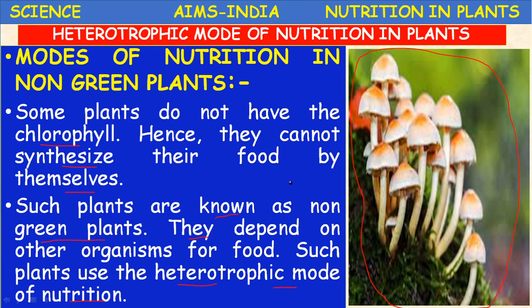Further we are going to discuss different types of heterotrophic nutrition in plants, or different examples. Fungi undergo saprophytic nutrition, and certain plants called parasites undergo parasitic nutrition. They depend on other plants, like a host and parasite relationship. Next, insectivorous plants. It is also a certain group of plants which feed on insects to fulfill their nitrogen requirement. So heterotrophic mode of nutrition is seen in non-green plants.